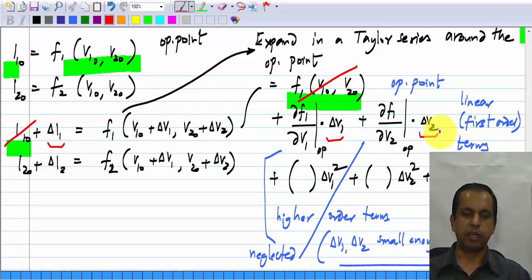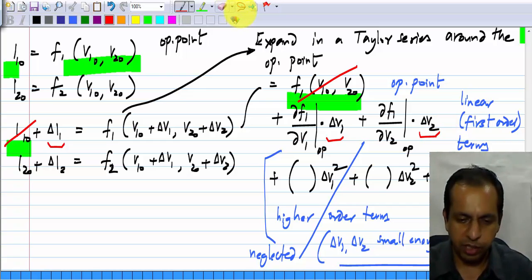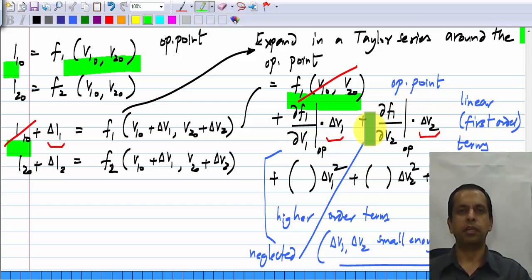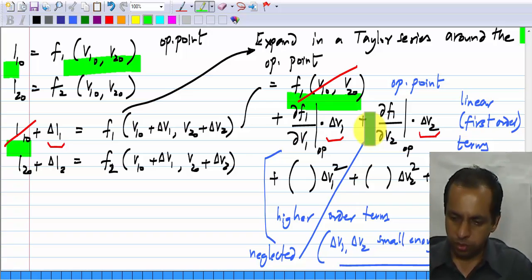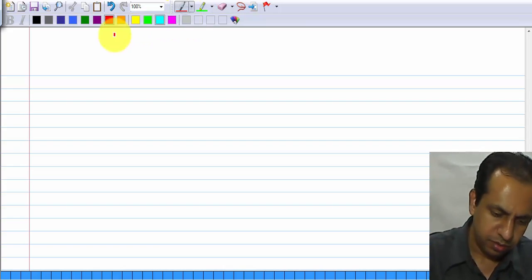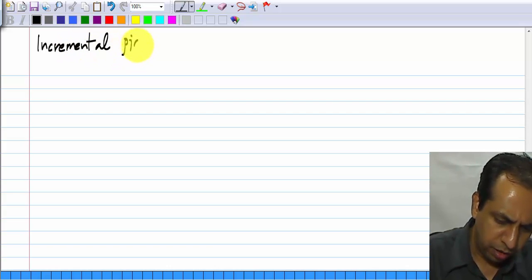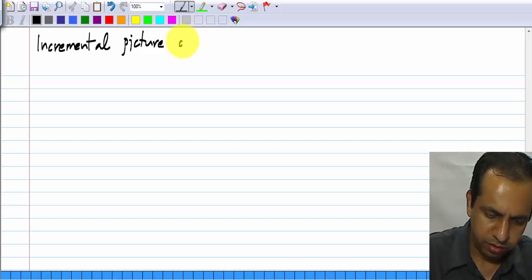And exactly the same thing happens for delta I2. I do not have to repeat that. It is the exact same expressions, except that instead of F1 over here, you will have F2. You have to partially differentiate F2 with respect to V1 and with respect to V2 and find the values of the partial derivatives at the operating points. So, the relationship between the incremental variables of a nonlinear two port